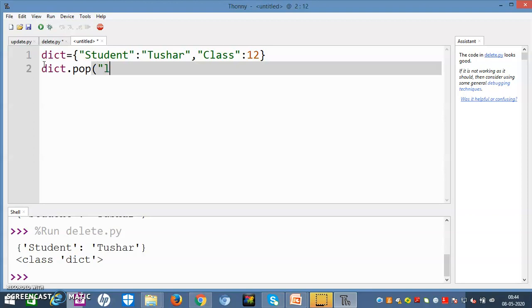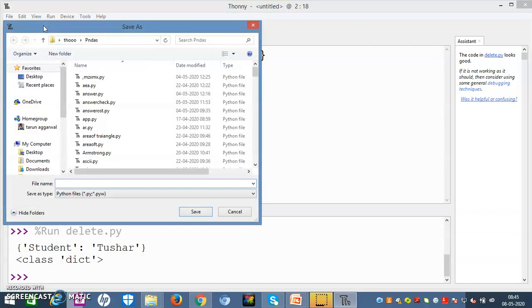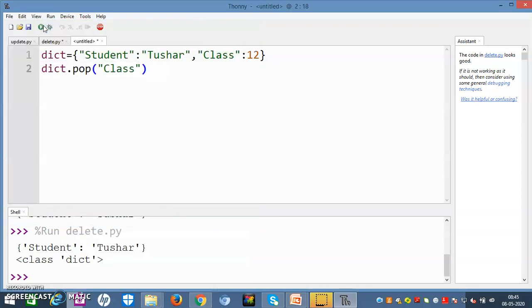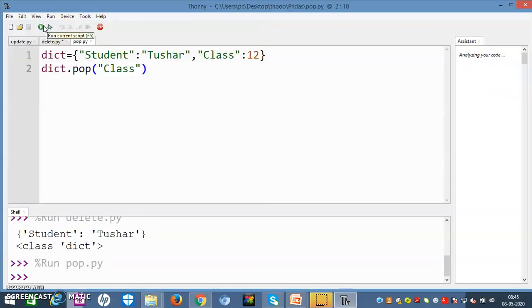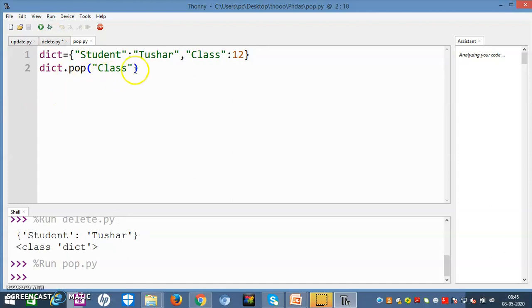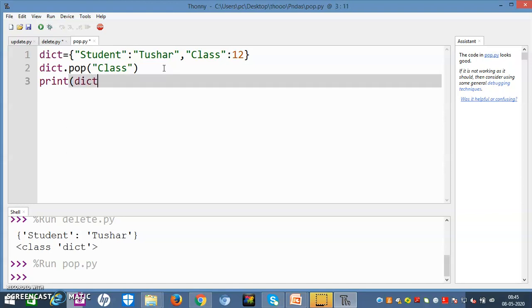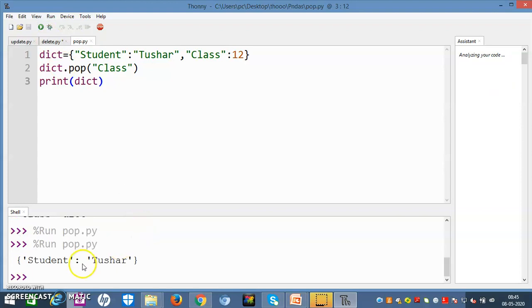Here I will write class. Now I have to use pop. Okay, I have not printed. Print. So it is student and Tushar, right?